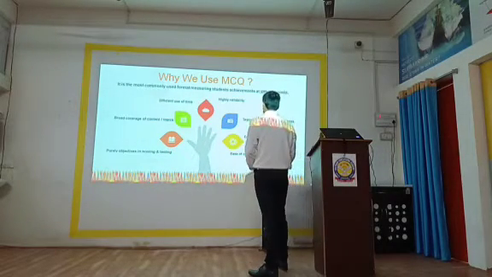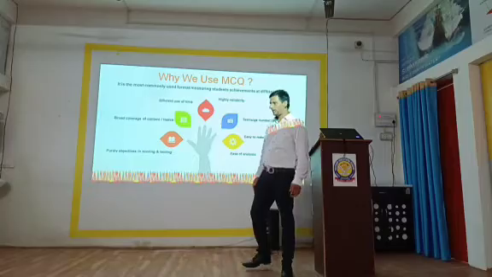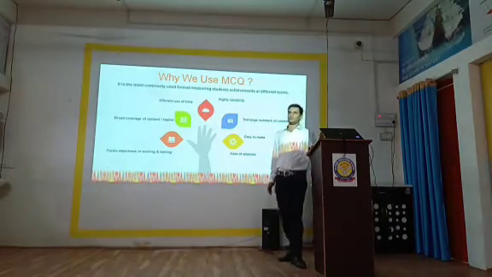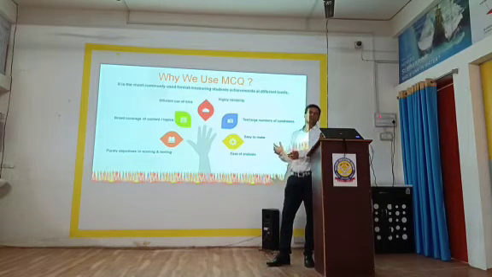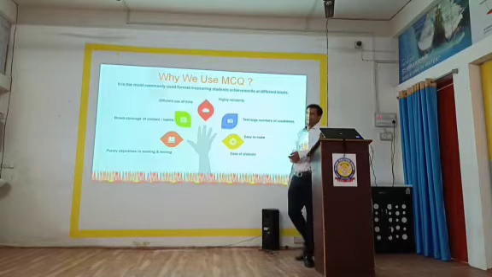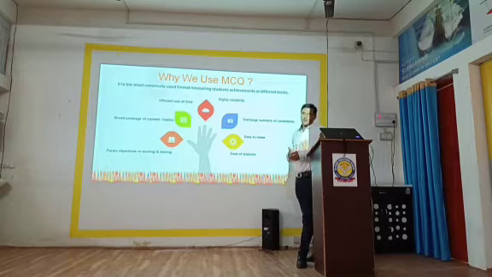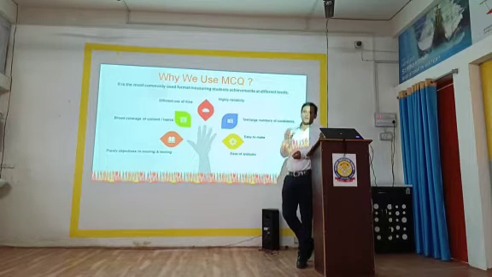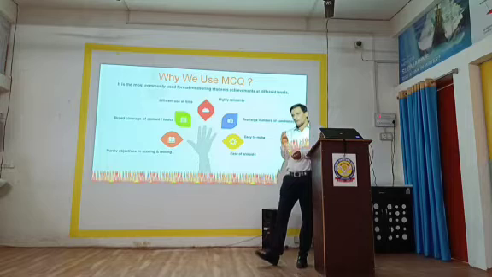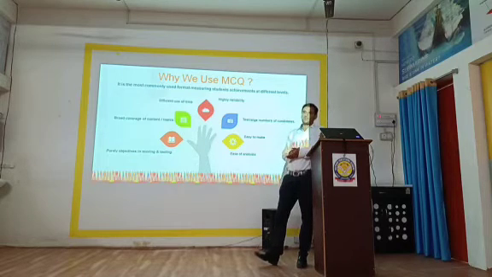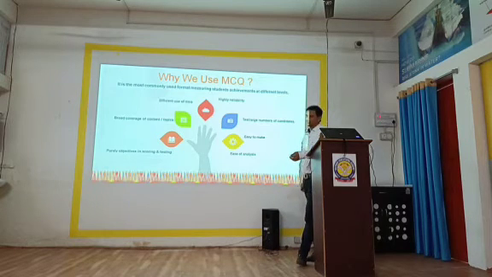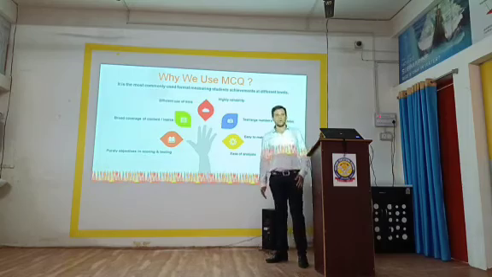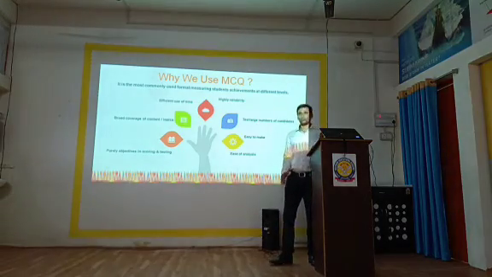Then what is high reliability? In a long answer question, a student may write different answers and can say, no sir, I have written it correctly, so that cannot be called highly reliable. But MCQ is highly reliable. How? It can be either true or false. If you have given 4 options, only within those 4 options we have the answer. So that can be reliable. Next, test a large number of candidates. When can we test a large number of candidates? Suppose if you want to just give a